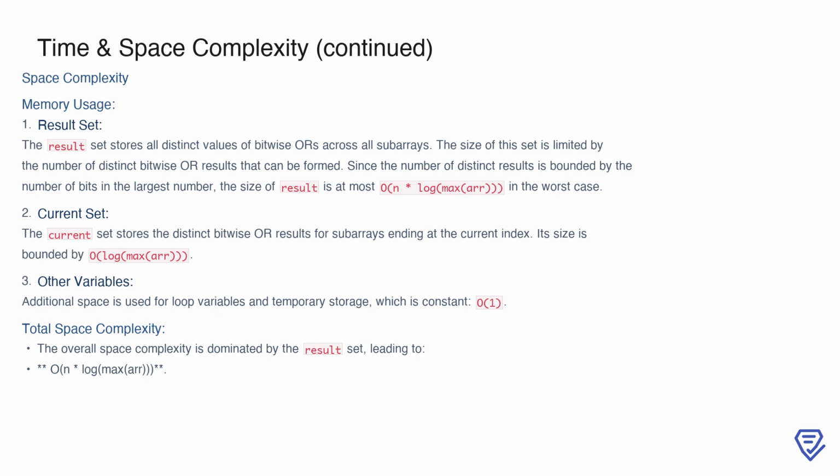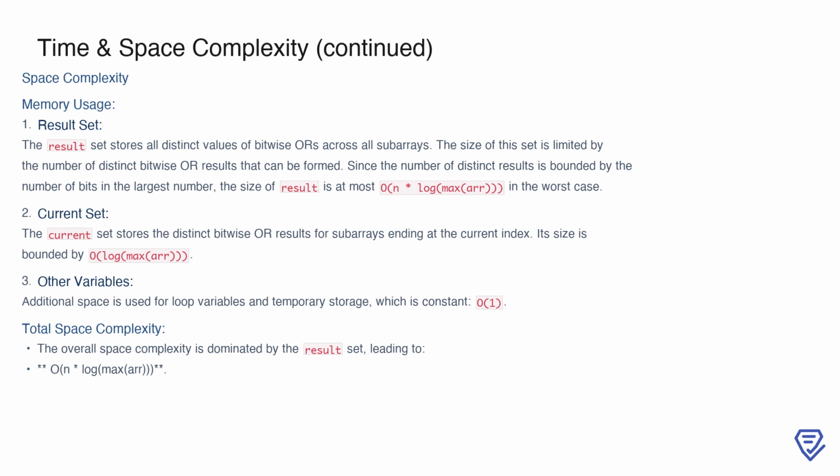Additionally, the current set, which temporarily holds the distinct OR results for subarrays ending at the current index, is bounded by O(log max R). Aside from these sets, the algorithm uses constant space for variables and temporary storage, which is O(1). Combining these factors, the overall space complexity is dominated by the result set, leading to a total space complexity of